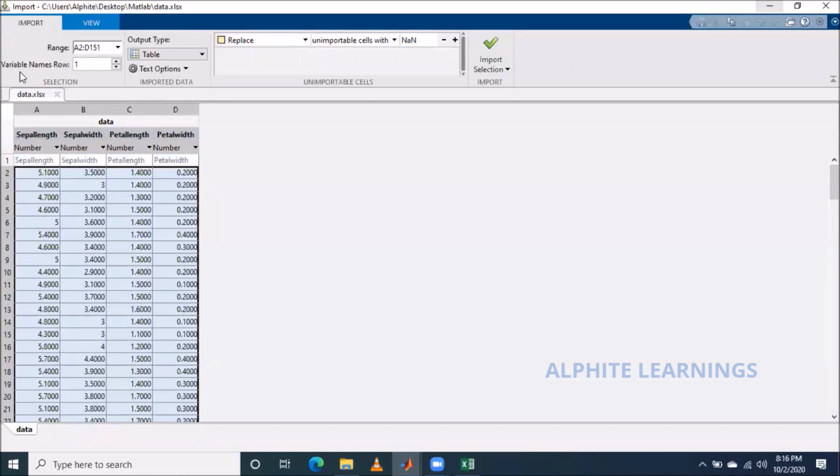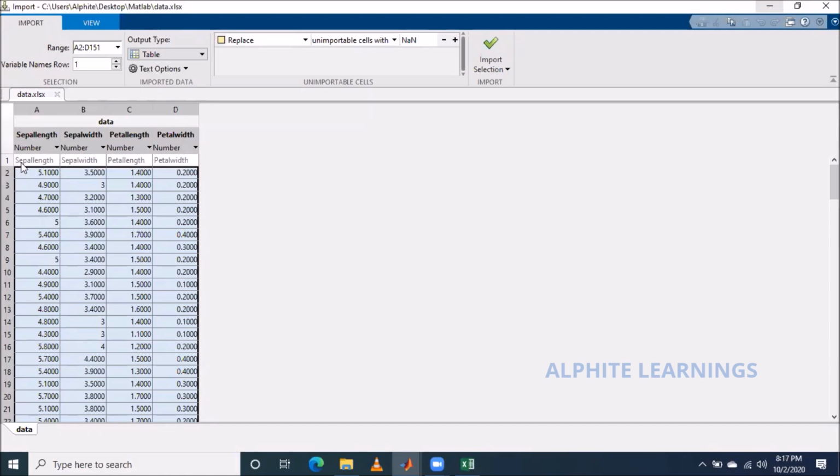Here comes the next thing, variable name rows. You want to make it clear that the first row, which is the title, sepal length of this column, sepal width of this column, is not data.